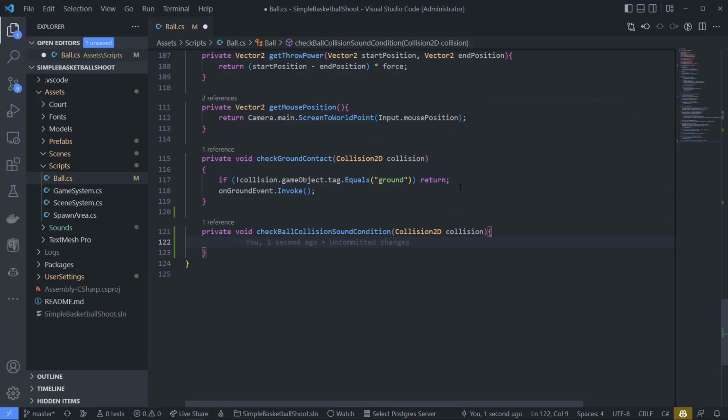Okay, let's check it. Just copy this if you want and set it as board or the ground.